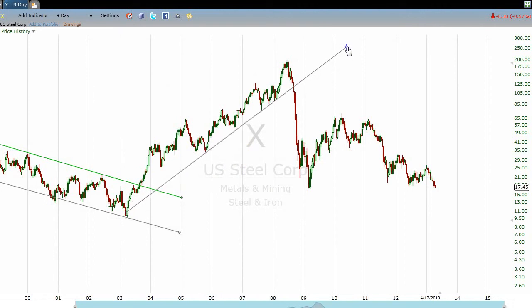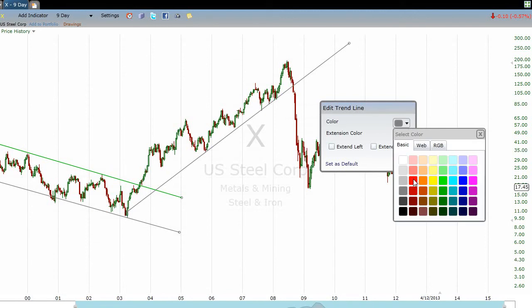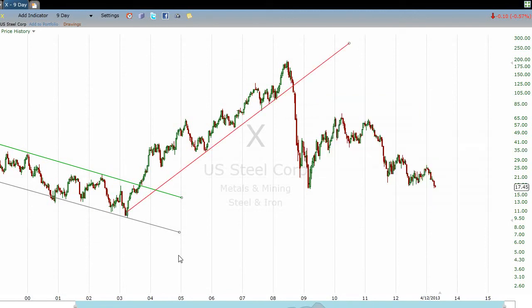Well, lo and behold, we can. We see that as U.S. Steel was going up, it had a tendency after a while to bounce on this line right here. Just to make this a different color, let's make it red. Okay? Then we entered the crash. Actually the top for the S&P was put in late 2007,